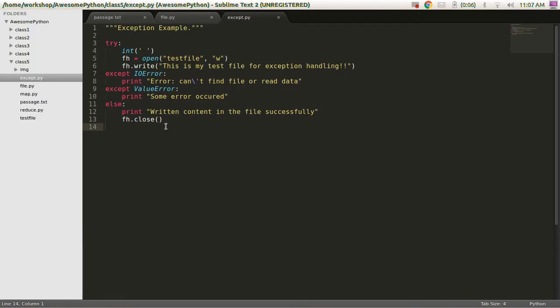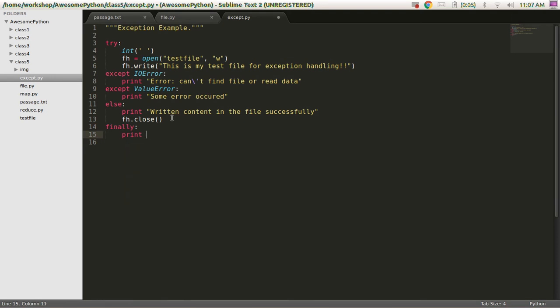One thing I would like to say is that you can use multiple excepts with a try. Then you can use else with a try, the way you can use else with looping, like with for. If no error occurs, it will come to else and it will close the file. Similarly, in other cases also, if no error occurs, it will come to the else part. And you can use finally here also. There is a keyword finally, which